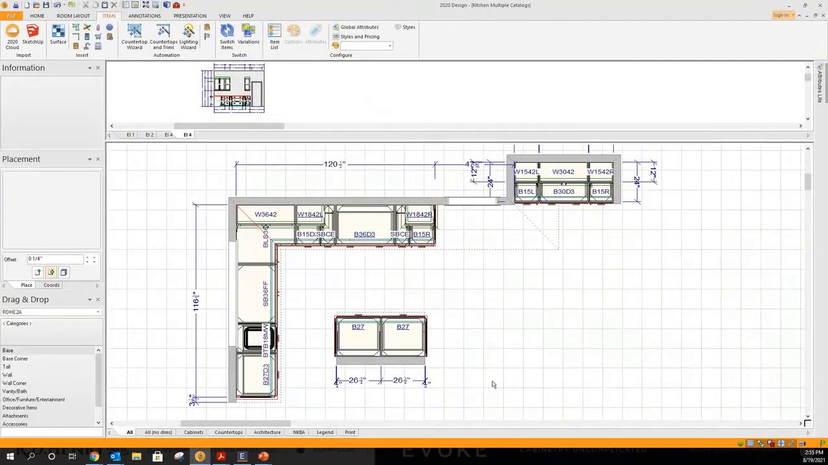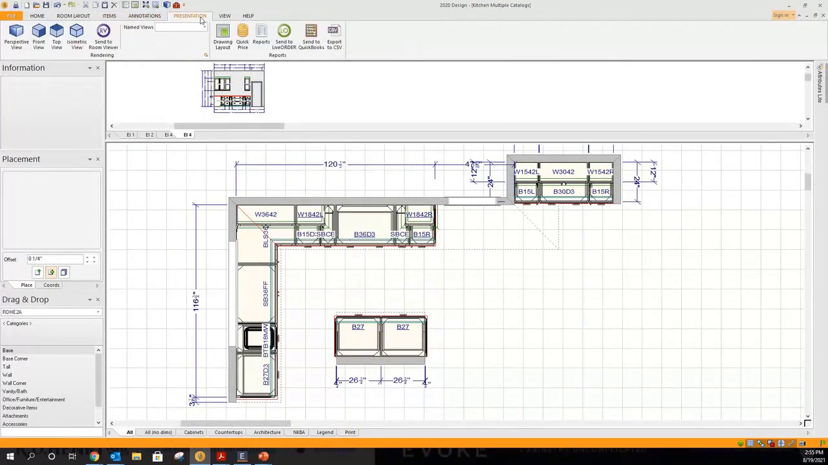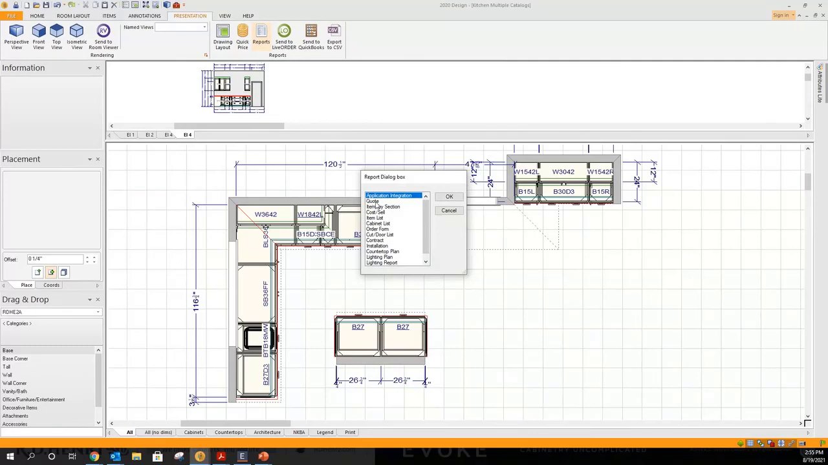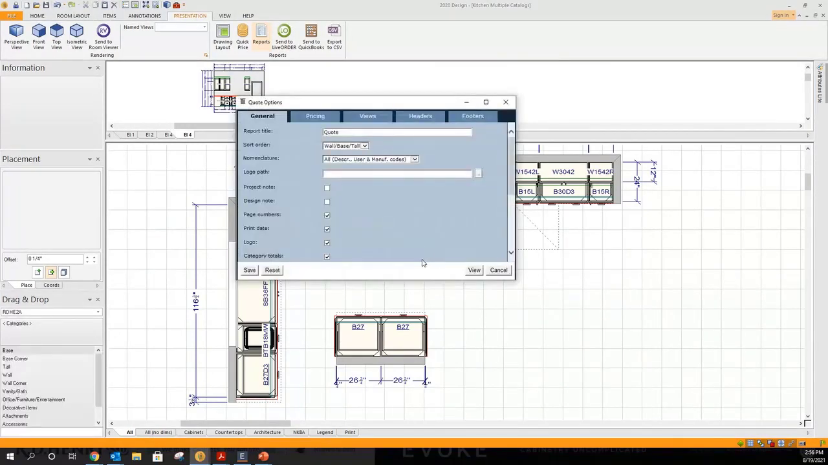So once you have this ready, that's when you're going to export this correctly. So to export it correctly, you're going to go to presentations. And then you're going to hit reports. A lot of people want to choose this export to CSV, and that is not accurate. So don't do that. You're going to hit reports. From there, this dialog box, you're going to hit quote and then select OK. So quote OK, and this will bring up a second dialog box, and this is where